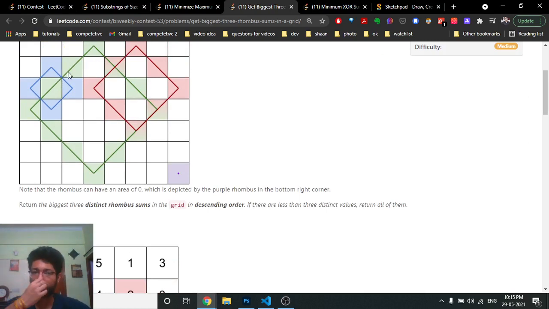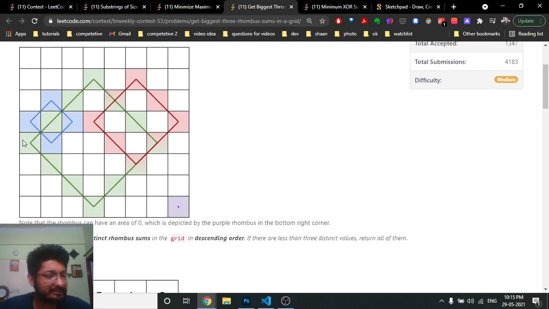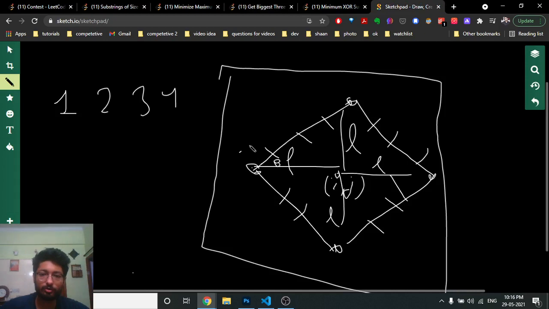to count. So what you can easily think over this is, if I take this as the starting point, this coordinate, if this is I comma J, this is I, J minus L, the length. And if you go in this direction, you can see that I is decreasing and J is increasing.